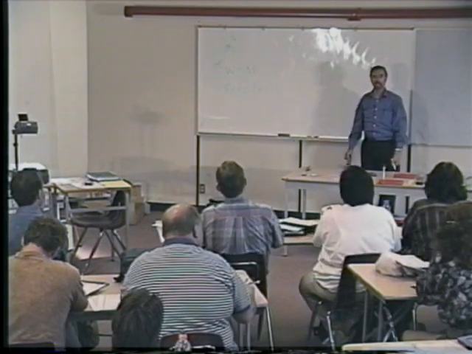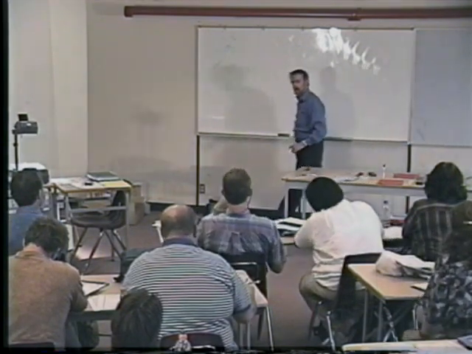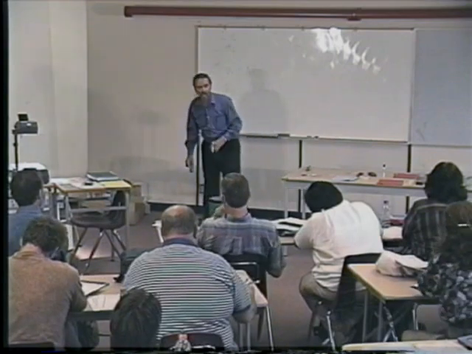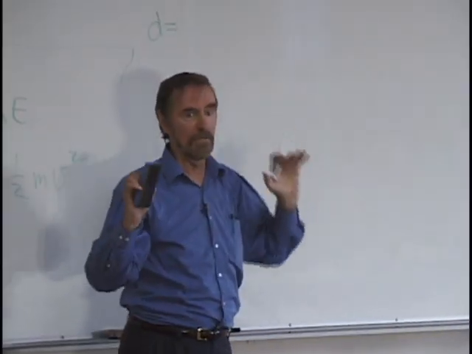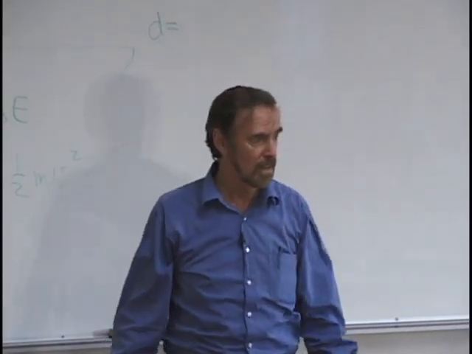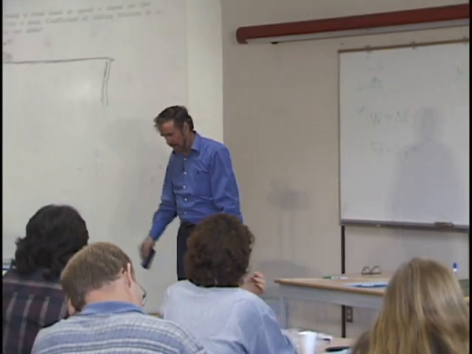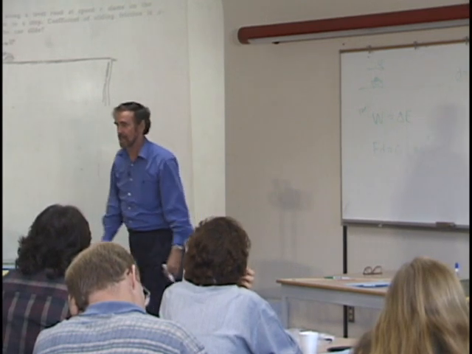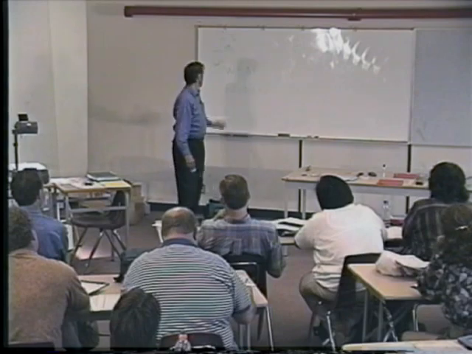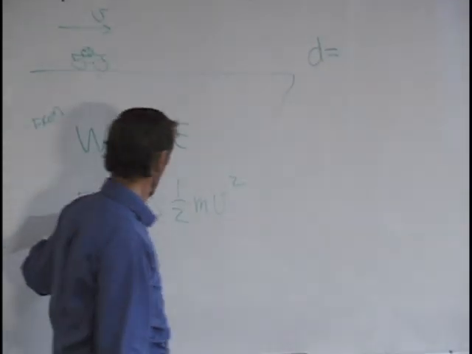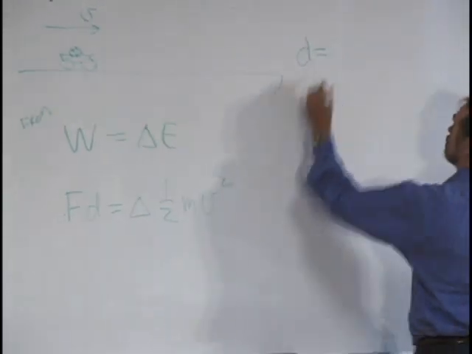The question says, how far will the car slide? How far is distance? So I say, just put D equals, I'll give you 40% credit. And if they just go ahead and go through all the problems and just do that, I think it's worth 40%. Now, if you want a little bit more than 40, D equals what? From this, D equals what? D equals